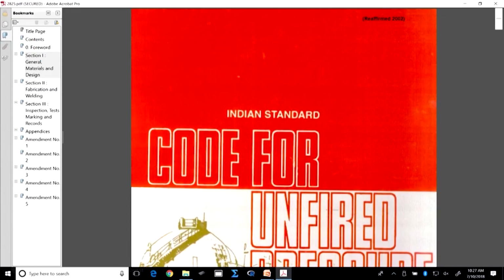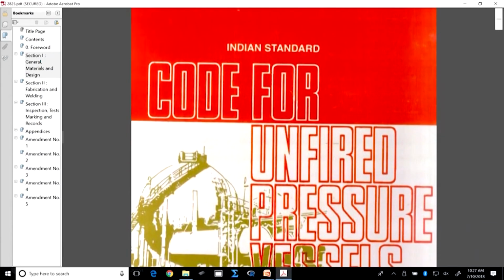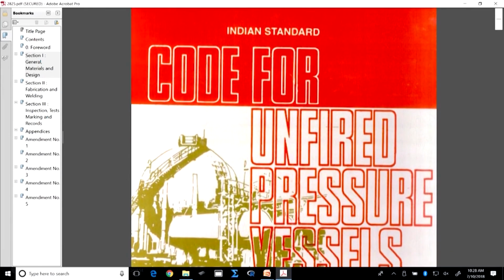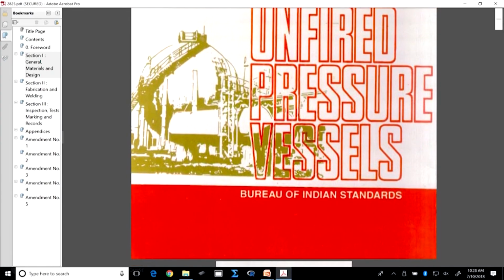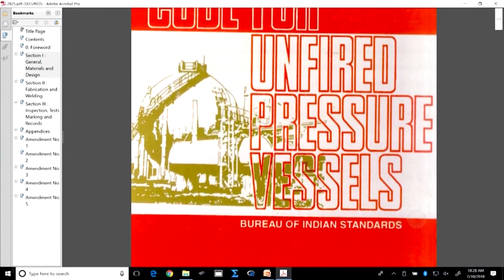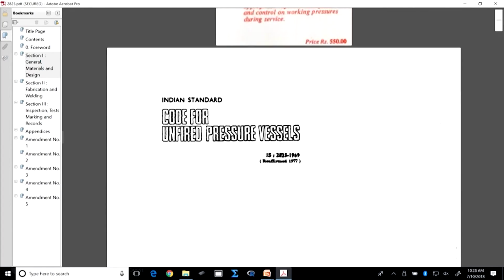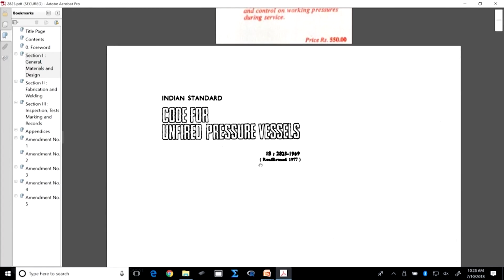So, if you see here, this is basically the code IS 2825, which is made for unfired pressure vessel, and which is given by Bureau of Indian Standards, as we have discussed that these standards are given by governmental bodies. So, in India, that is Bureau of Indian Standards. So, this is basically the code where we are having IS 2825/1969,